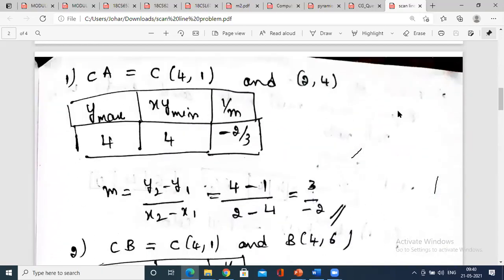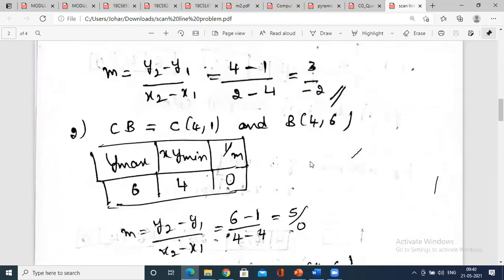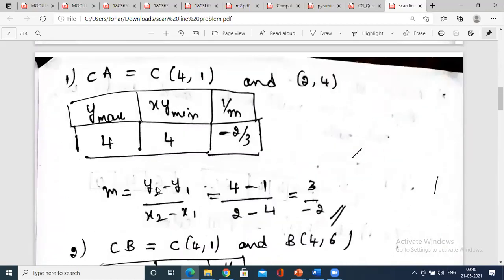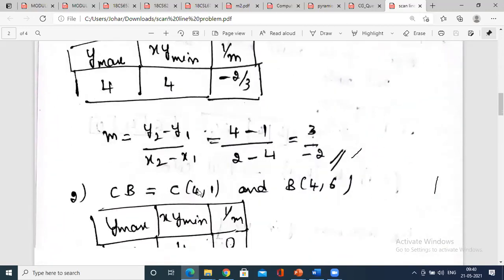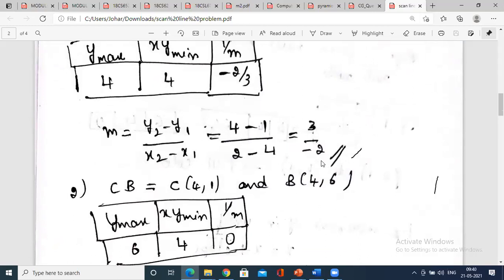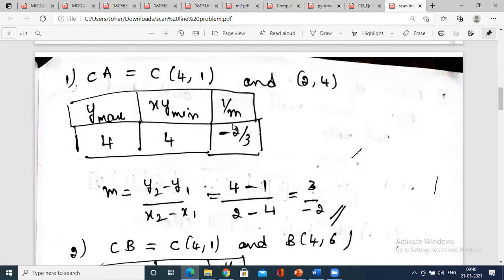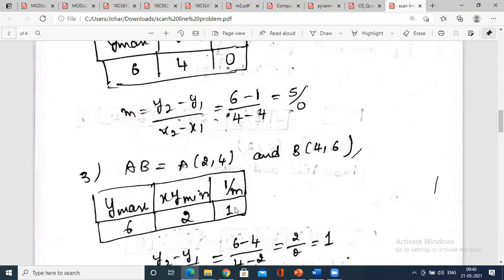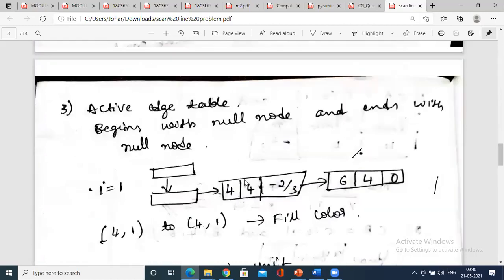I'll show you how exactly. Now you need to calculate. The calculations I have shown you. See, these are the calculations of how I got my global edge table: 4, minus 2 by 3. Calculating the m, that is reversing. Here 1 by m has been written. Remember, this is also 1 by m. Fine, this is 1 by m. Those are the calculations I have shown. Now coming to the active edge table. Hopefully all of you followed. No doubts? Okay, fine. Let me continue.